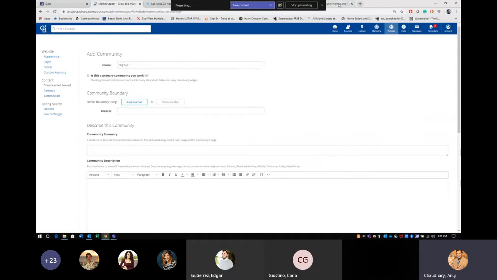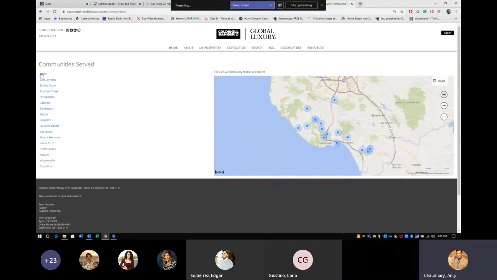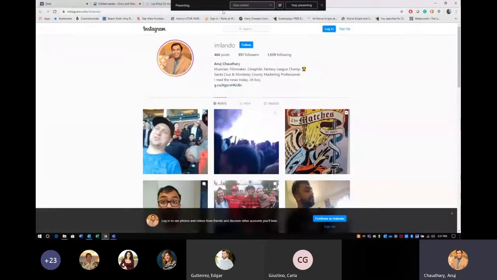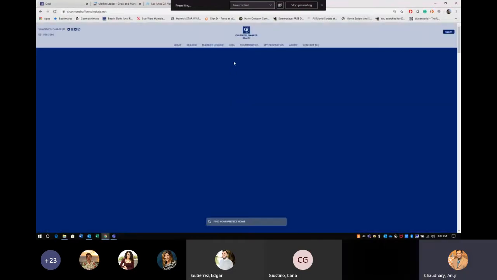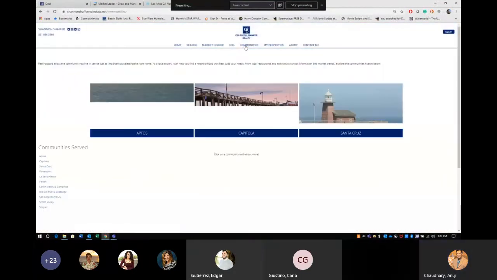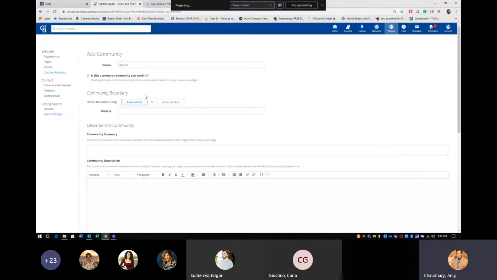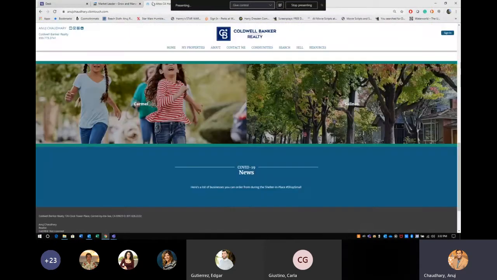If you check those boxes for specific communities, and if you don't check them, as you can see, everything gets sorted by default by alphabet. But if you do check some of those boxes, what you will see is your primary communities will float to the top with their photos. So this is one of my primary communities, so I'm going to go ahead and do that. Now, community boundary. This is important because